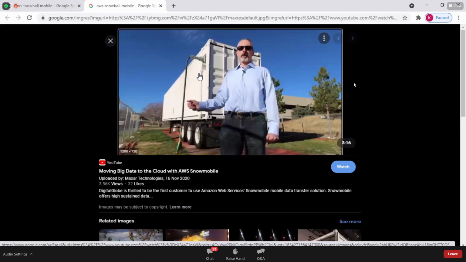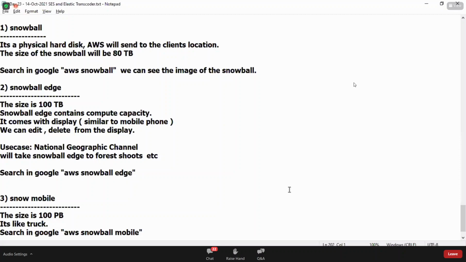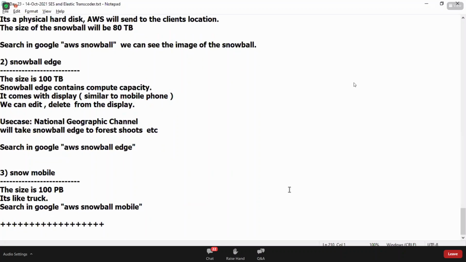Once this data is transferred, the truck moves from the customer's client location to the AWS region, and then they upload it into that particular data center. So that's how AWS provides a solution to very huge clients who have petabytes of data. The solution AWS provides is Snowball. So clients don't need to worry about how exactly the transition should happen. AWS provides solutions to all types of clients for their transition from an on-premises data center to the AWS cloud. Clear? Okay, sir.